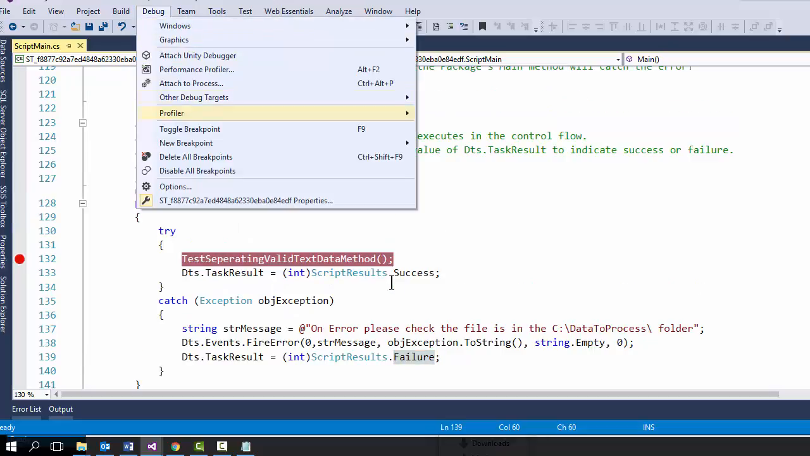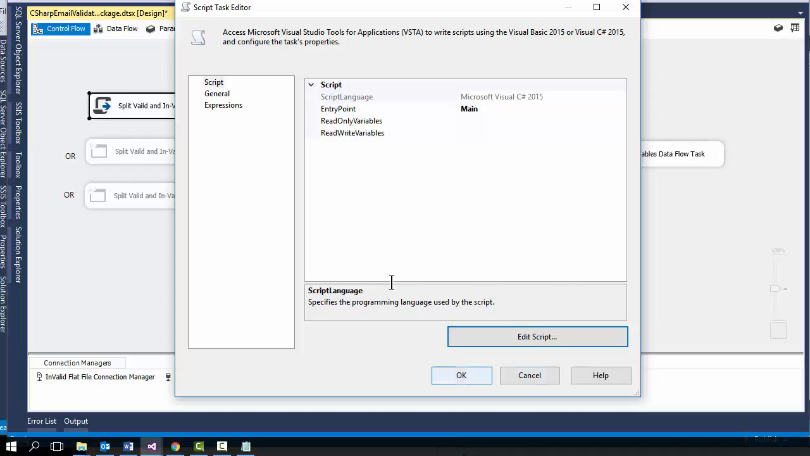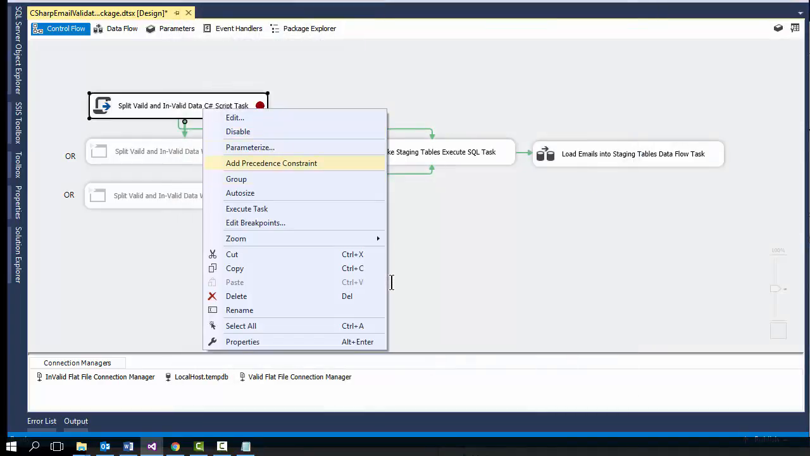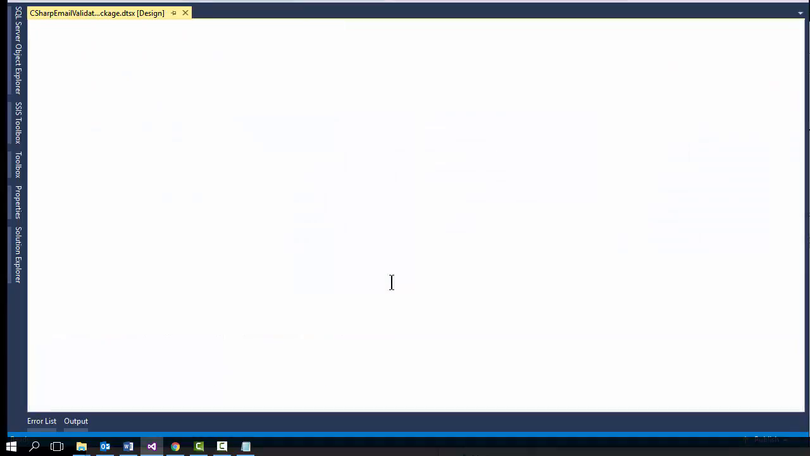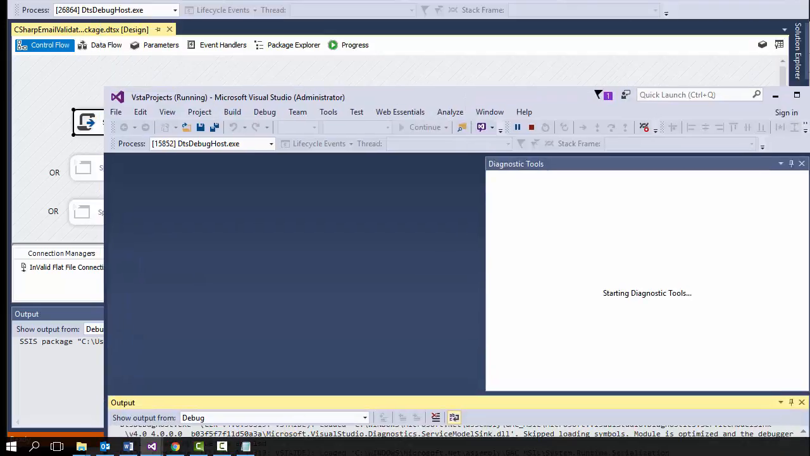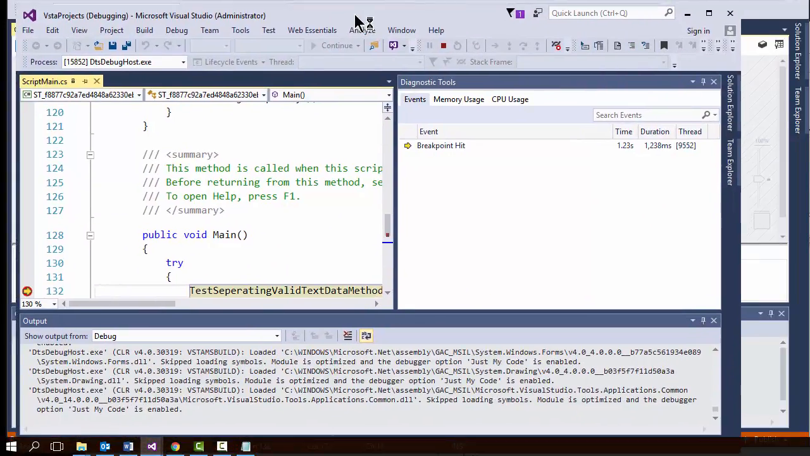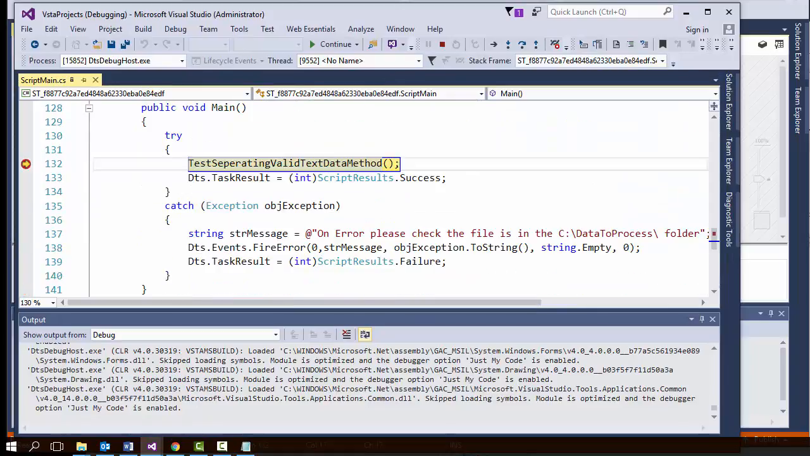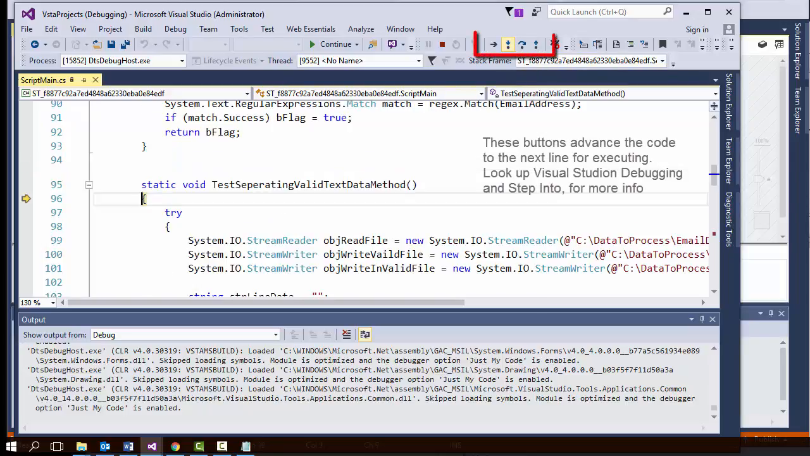So, you go ahead and say OK, and we'll run this. It'll start the process, open up the script editing window, and pause here on the method call because that starts off with the main method, in which case now I can go up here